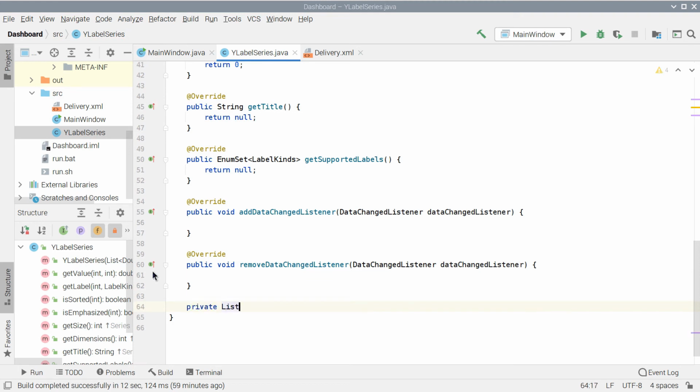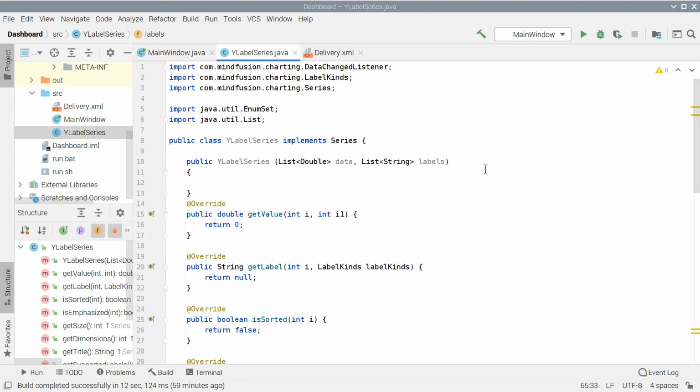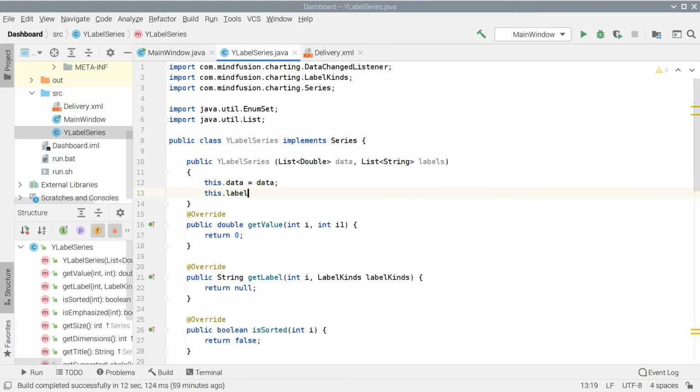We add those two lists as class variables in our custom series class. We assign them to the lists given by the user in the constructor.